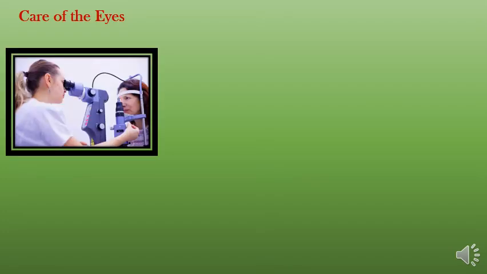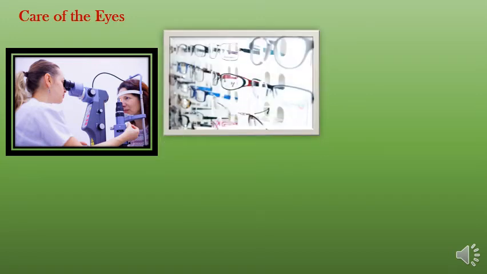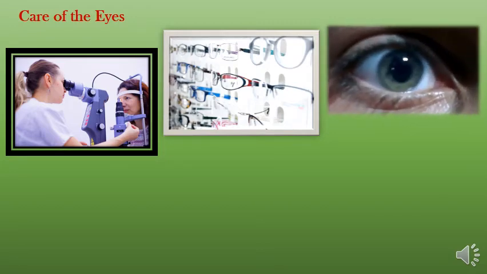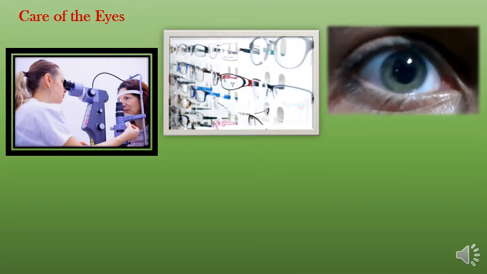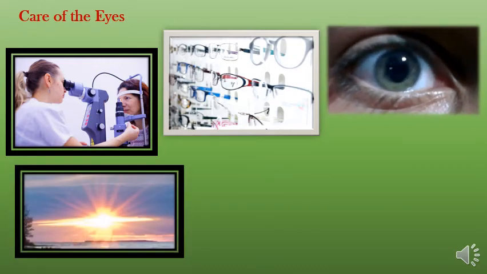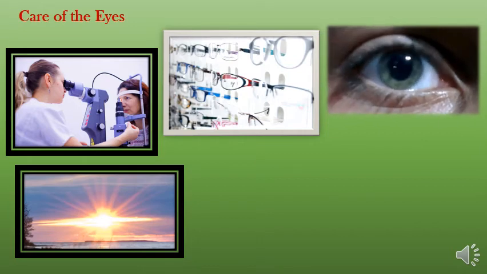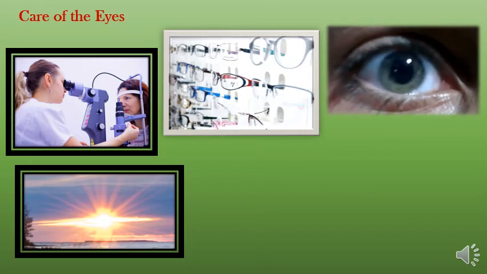We should also take care of our eyes properly. If there is any problem, we should go to an eye specialist, that is an ophthalmologist, and have regular checkups. If advised, then use suitable spectacles. Too little or too much light is really bad for eyes. Insufficient light causes eye strain and headaches. Too much light, like we receive from the sun or any powerful lamp, may injure the retina.